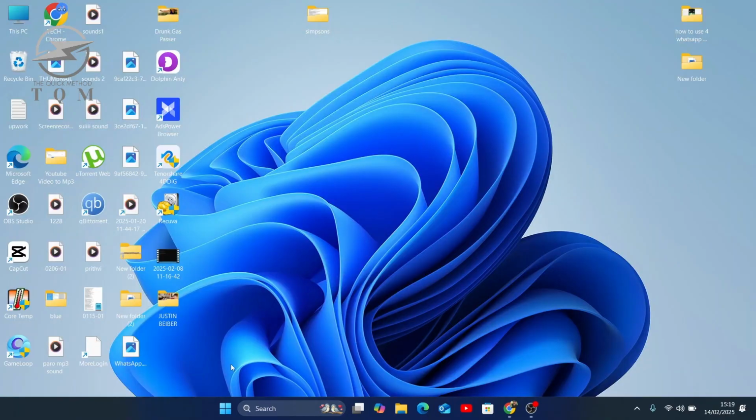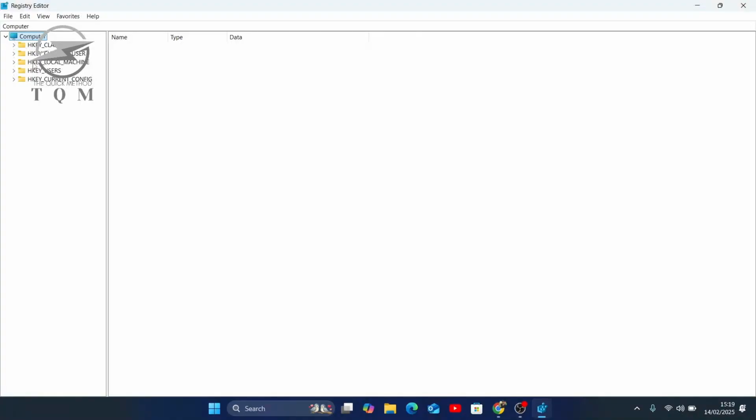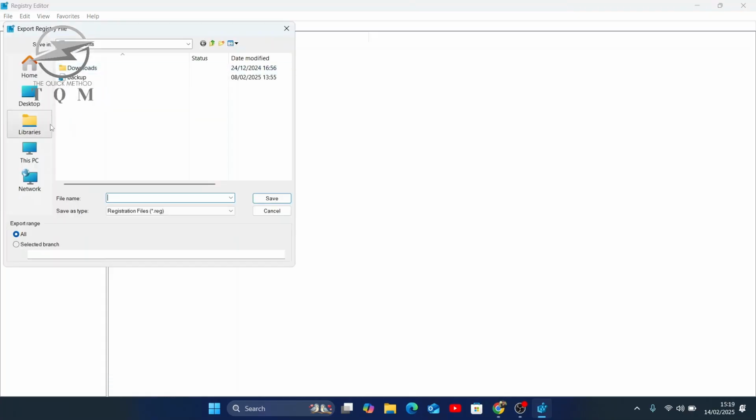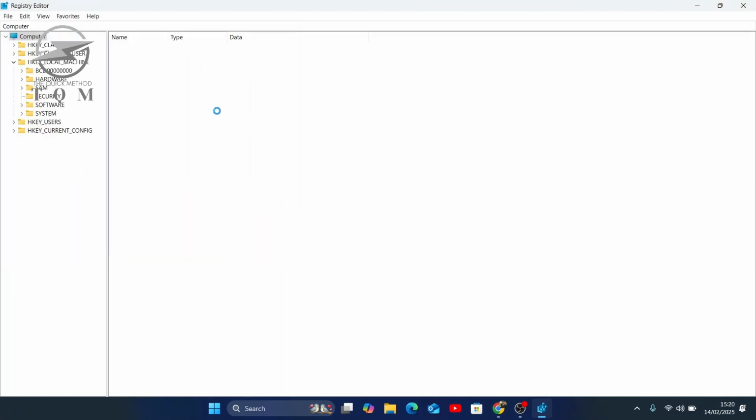Next, search for Registry Editor in the Start menu and open it. Before making changes, it's always a good idea to back up your registry. Go to File and select Export. Name the backup file and save it. Now navigate to